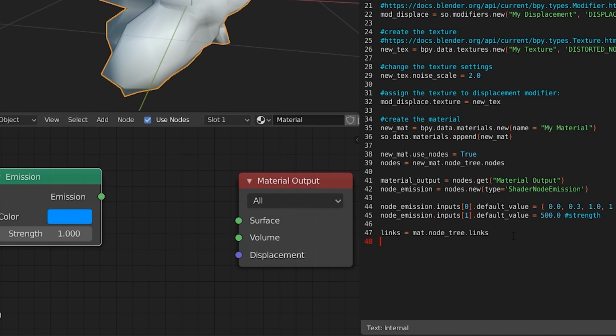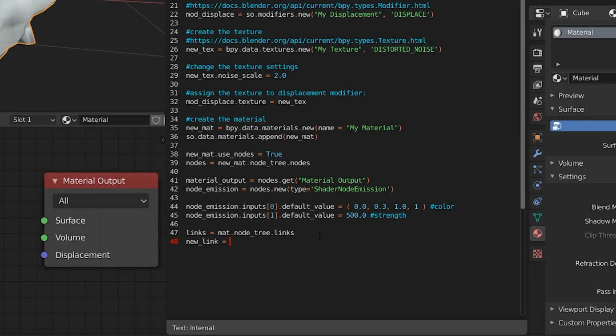And then I'm going to create a new link equals links.new. And then in these brackets, this is where we're going to make the connection. This is quite easy to understand actually, because now that we know exactly where the addresses for our inputs and outputs are in terms of arrays, we can just type them in here. So node_emission.outputs 0, comma, material